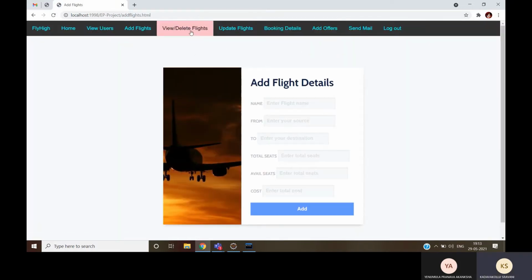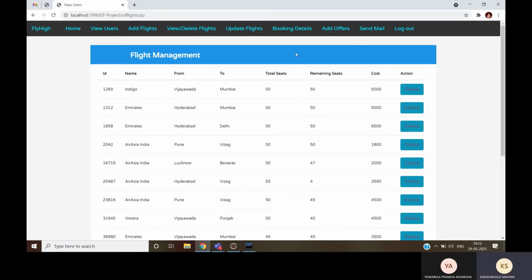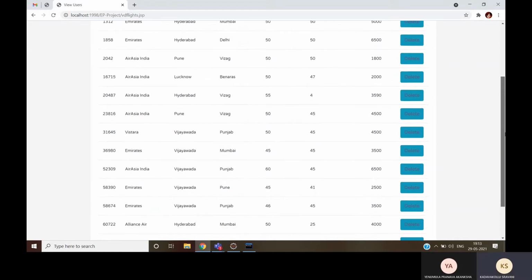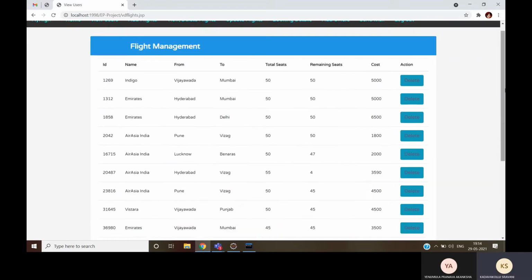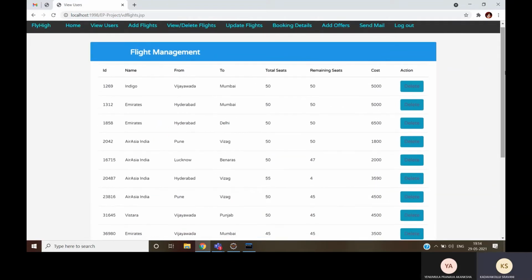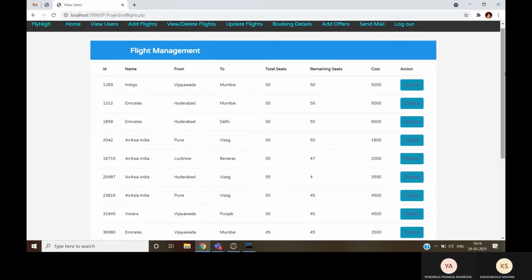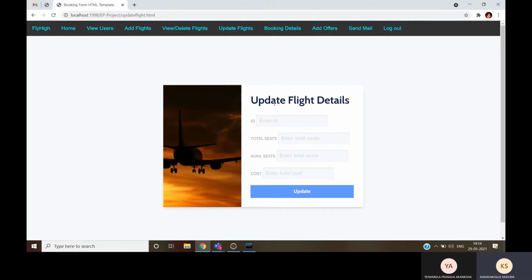Next we will go for view or delete flights. These are the flights which were added earlier into our database. Next we will go for update flights. By using this we can update the flights based on their ID.